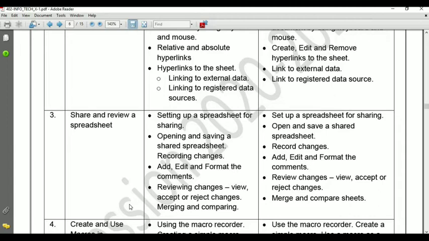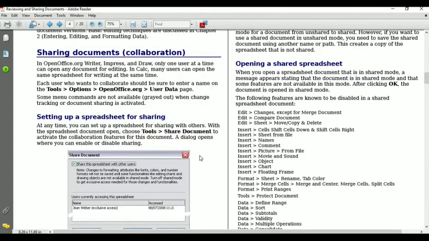So there is a big confusion. How will we collaborate all these versions together? For this, we need this concept: set up a spreadsheet for sharing. So now in this session, we will understand how we set up for sharing. This PDF file will help you to set up a spreadsheet for sharing.